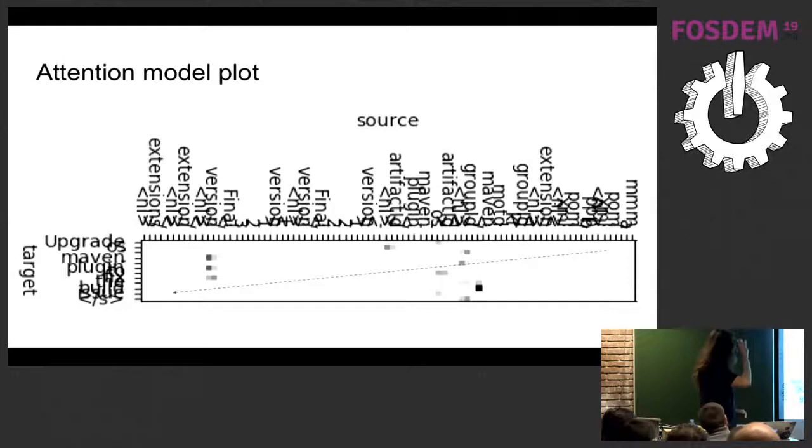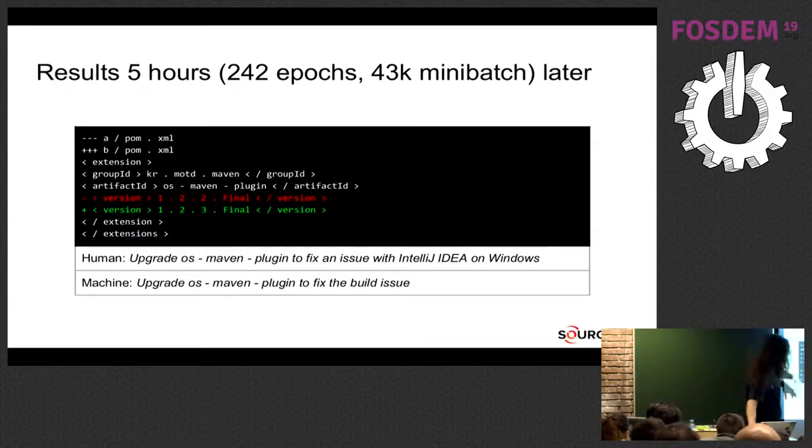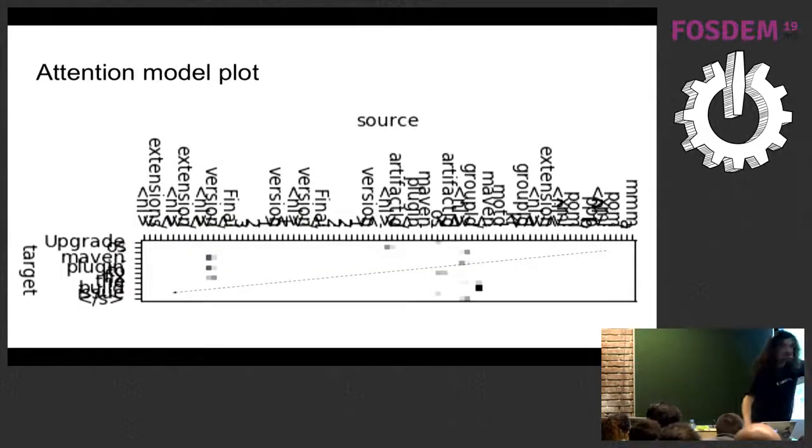And this is the actual plot of the neurons in the attention model. So, okay, let me just go through this. Here you can see the patch, the commit message. So it's everything like this, crammed in just one line, okay? And you can see here the message that was output, upgrade OS Maven plugin to fix the build issue. It's really crammed because this is a fixed representation graph, and so the labels jump one another.